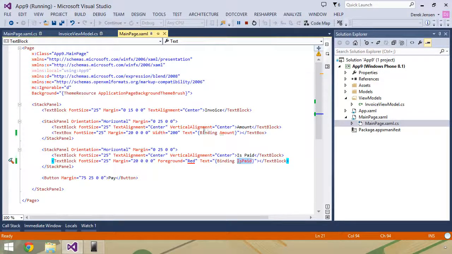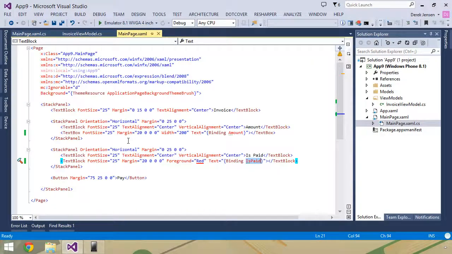Now you can do this sort of binding to any attribute you find in here. It doesn't just have to be text. You could bind width, margin, font size, or anything you could possibly want. So this is very nice. I've been able to create a UI that's completely separated from my view model, and just through data binding I've allowed my view access into my view model so that I can start to see the data that's passed in.